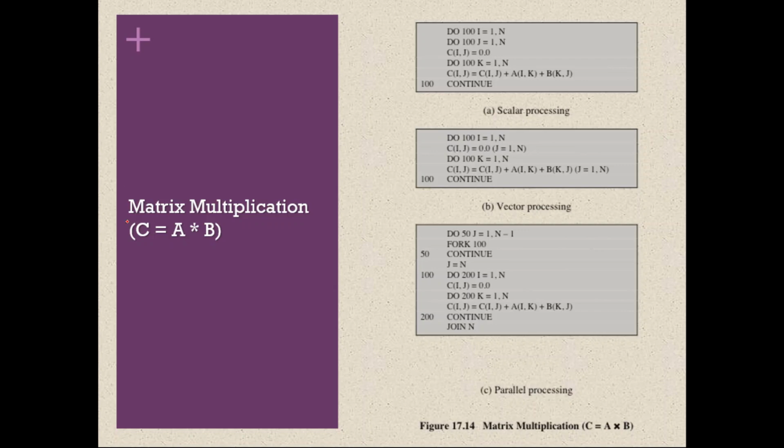Yeah, so it will be something like this: for i is equal to 0, i less than n, i plus plus. It is actually the number of rows in the first matrix. And then for j is equal to 0, j less than n, j plus plus. It's actually the number of columns in the second matrix, right? And then